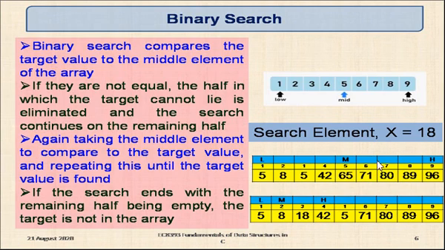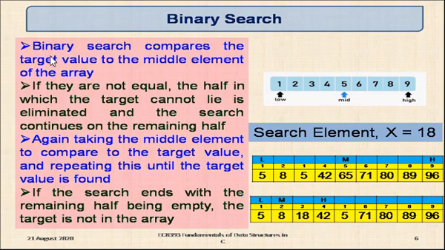Suppose I assume the value 89 instead of 18. That means the data I am going to search is available in the second half of the list. In that case, I can discard the first half, so that 50% of the data items will be discarded. So the time taken to search the element will be very, very less. That is the advantage of the binary search. Hope you are able to understand the concept.